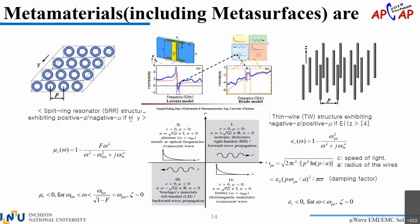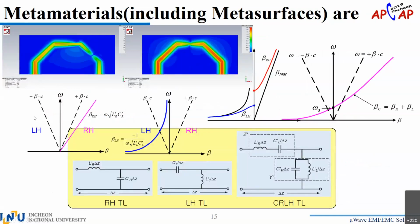This is what Veselago found many decades ago, theoretically, but Pendry and his group in the early days of metamaterials came up with the SRRs and the metallic rods to show the negative refractive index. So you can see a very interesting pair of pictures. We designed a metamaterial transmission line. Actually, this works as a bandpass filter. Somebody has already seen this last year when I was giving a talk. And for the same structure, in the left-handed region, especially in terms of frequency, below the zeroth order resonance frequency,